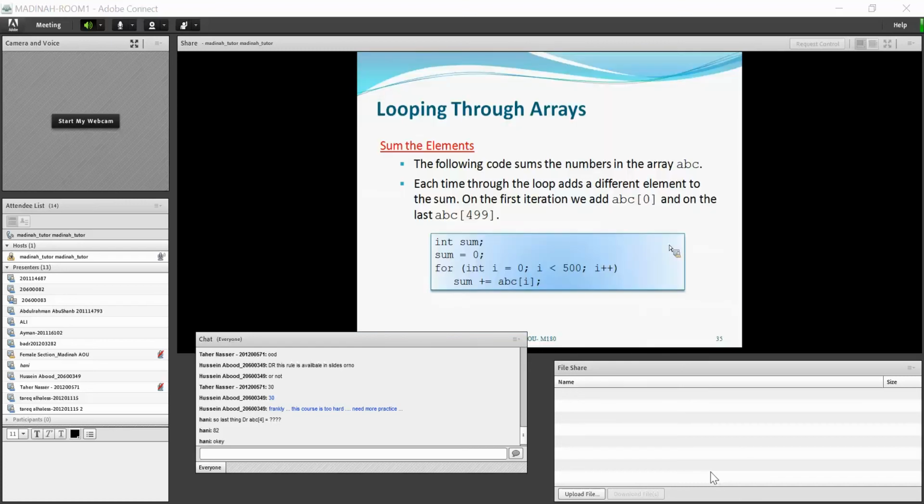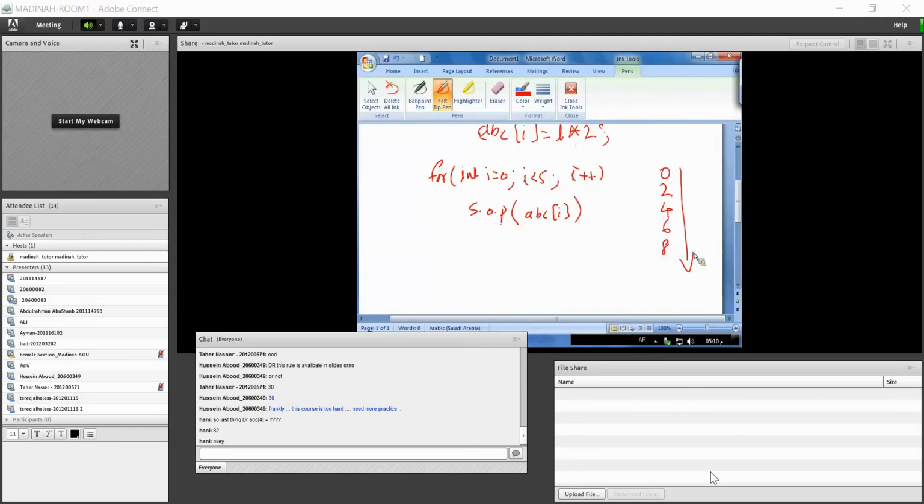Here you want to add all the elements of the array. For example, you want to add all these elements. So how do you add? Again we use a for loop: for int I is equal to 0, I less than the size of the array, I plus plus.